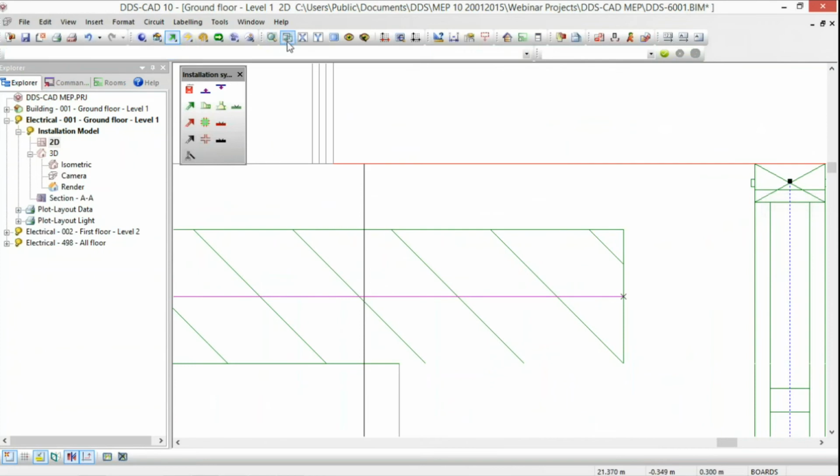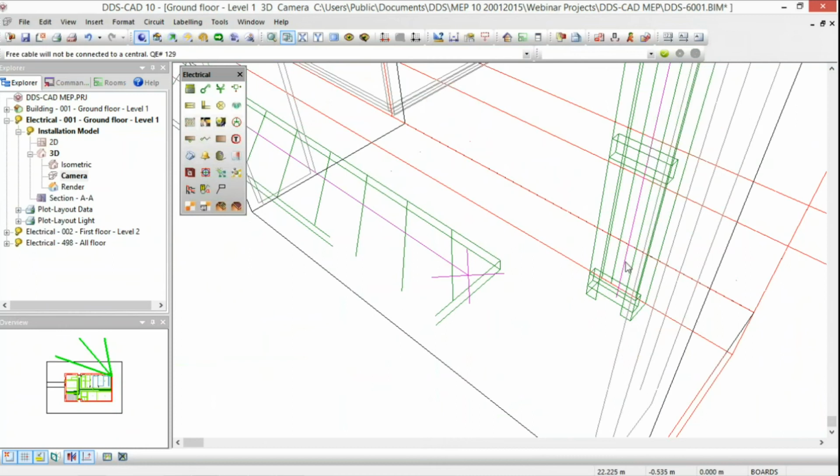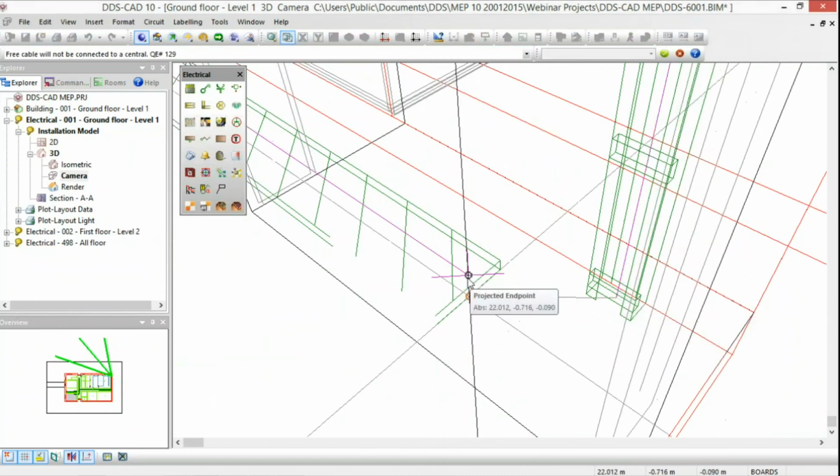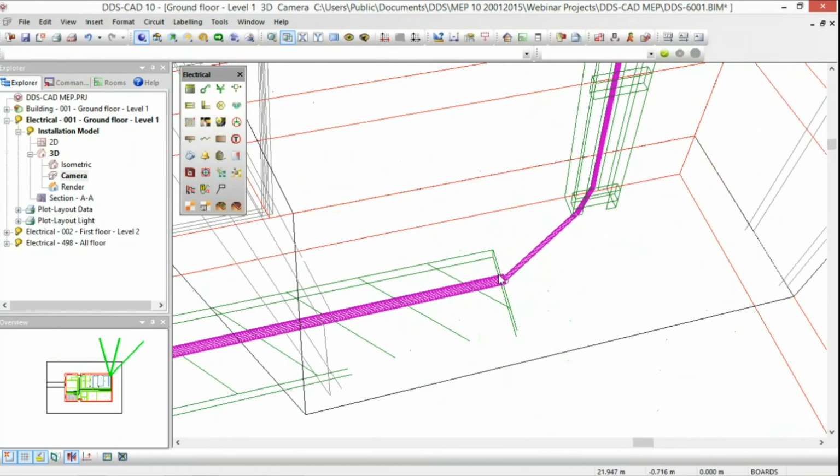Now I will go to my endpoint here and say I would like to have at the end another node, and that node should be connected to the trunk which was in the floor. So let's see if we can work this out. Now the floor is connected with the trunk,